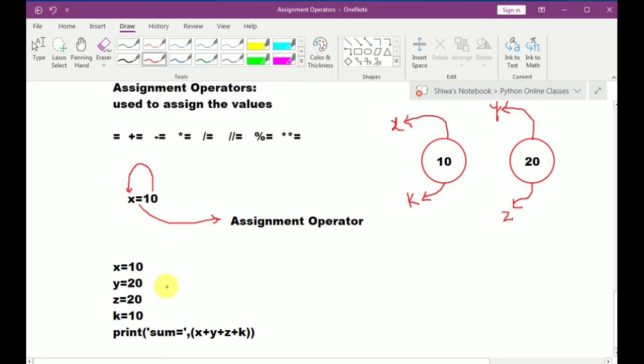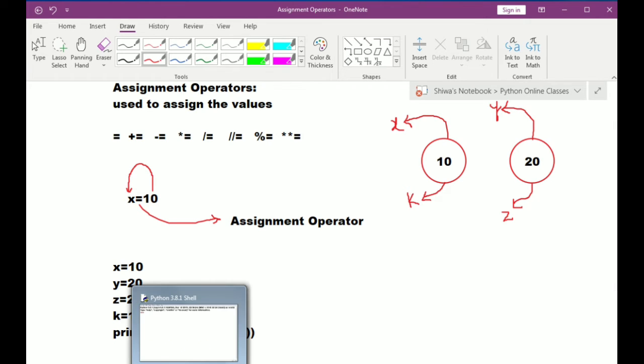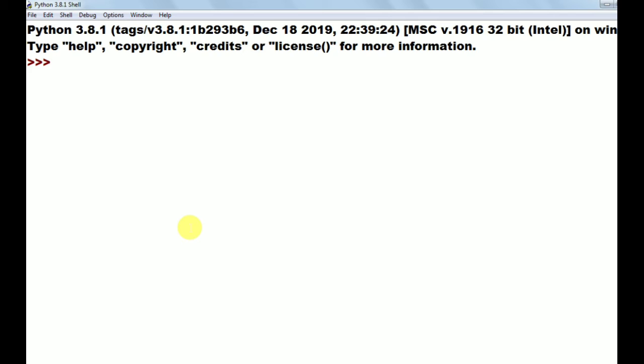See here. For example, I am writing x equals to 10, y equals to 20, z equals to 20, then next k equals to 10. Now observe carefully here. I want to check id of x. Id of x means this is the address of x. So x object's address is this one.